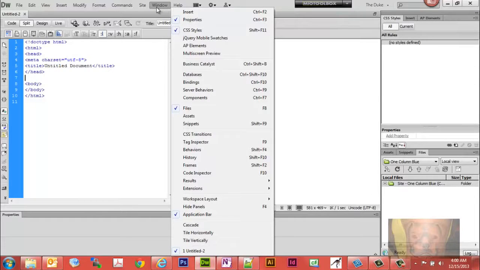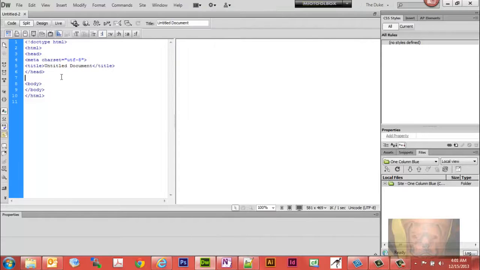You can go to your Window menu if you don't have those. The ones you're going to want turned on are your properties, your CSS styles, and your files. At minimum, you will need that. So the first thing we're going to do